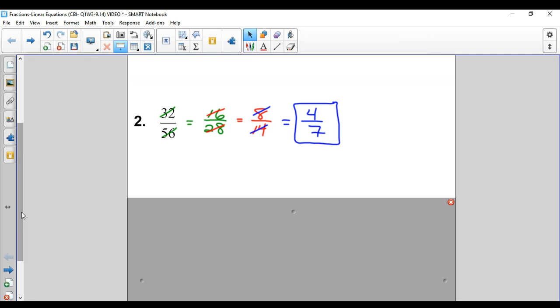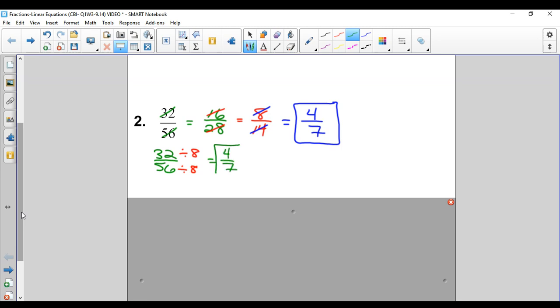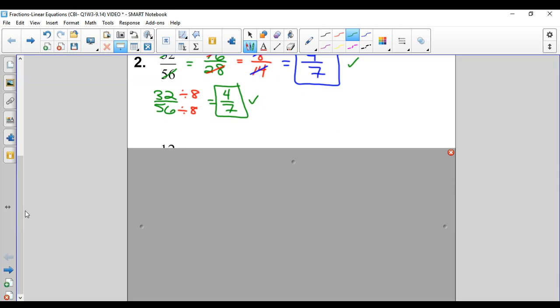Now, 32 and 56, both can be divided by 8. You do that, you get 4 over 7, which is the answer we already had. So you can get there quicker by finding the largest common factor. You can get there slower by going piece by piece like I just did. Next one,